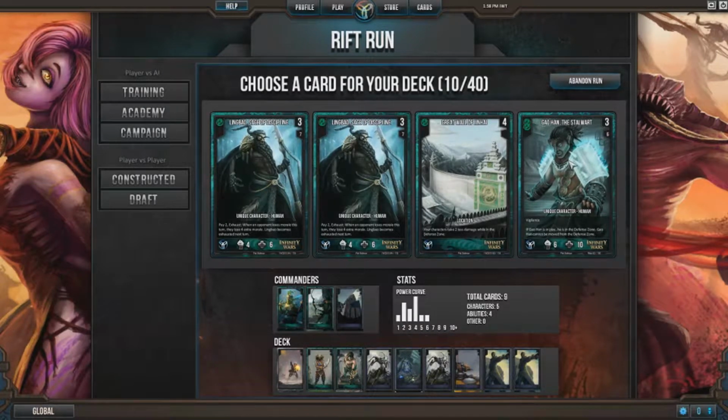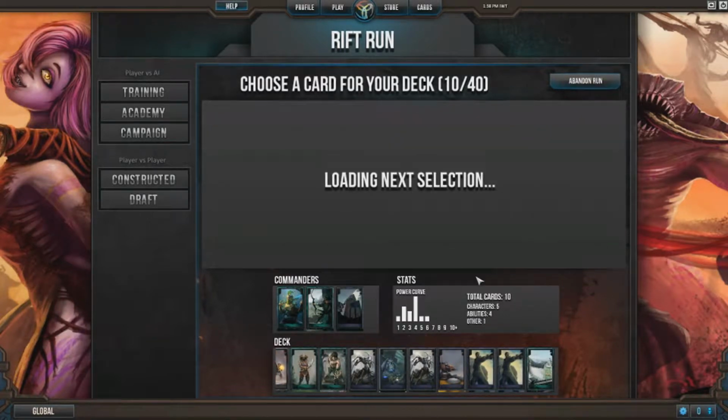Vigilance. If Galhan is in play, he is in the defense zone. Galhan cannot be moved from the defense zone. Oh, so he's a defender. Pay to exhaust. When an opponent loses morale this turn, they lose 4 extra morale. Yeah, no, I think I'm going to go for the Great Wall. That 2 extra damage on each of my characters might save me a game, so...